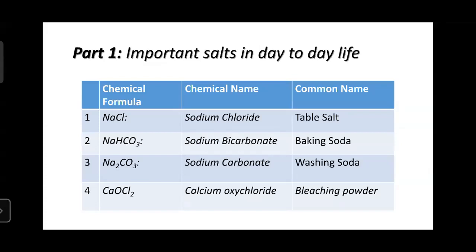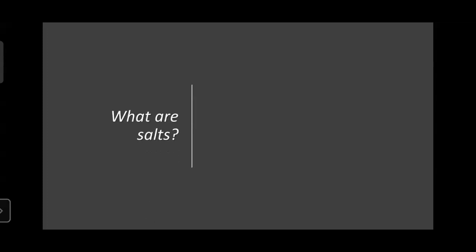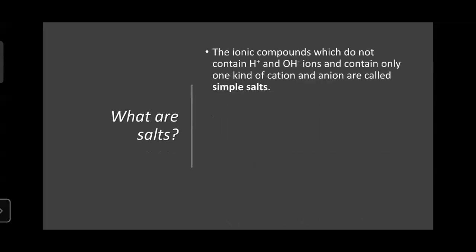Next, we have seen CaOCl2, calcium oxychloride. That is the chemical name of CaOCl2, and commonly we call it bleaching powder. We have seen what are salts. The salts are the ionic compounds which do not have H+ ion and OH- ion, and they contain only one kind of cation and anion, and are called simple salts. For example,